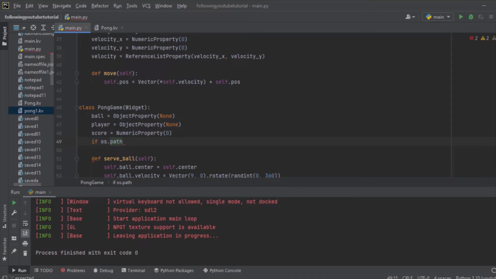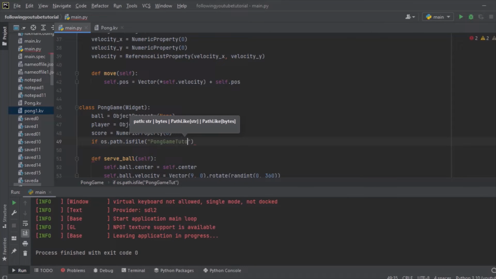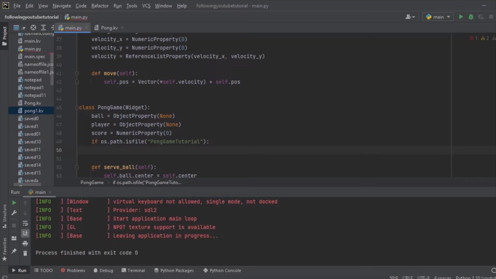If os.path.isfile, and what is the name of the file? Let's call the name of the file that we are going to save and load, and we are going to write Pong game tutorial. If this file exists, that means if we have already saved this data,